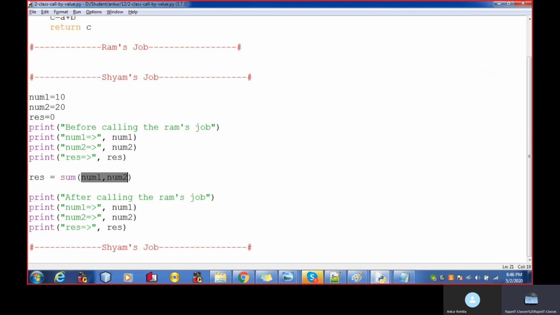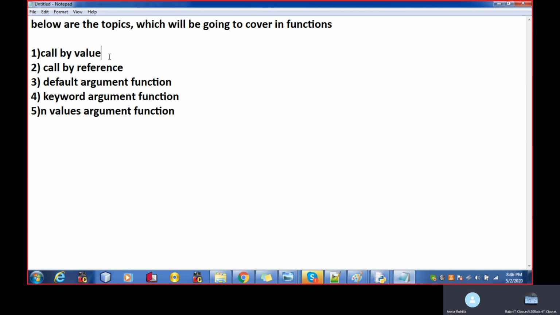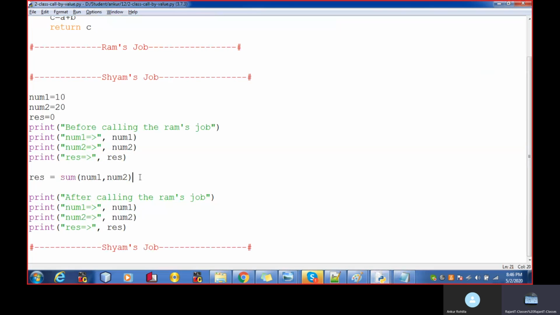If the changes are not reflected back, it means it is following which concept? Call by value. So we have done the call by value. Any doubt so far? No doubt, sir.